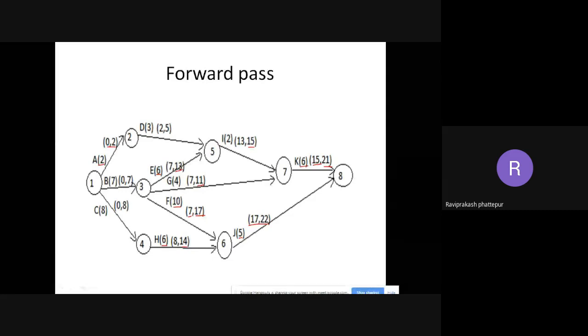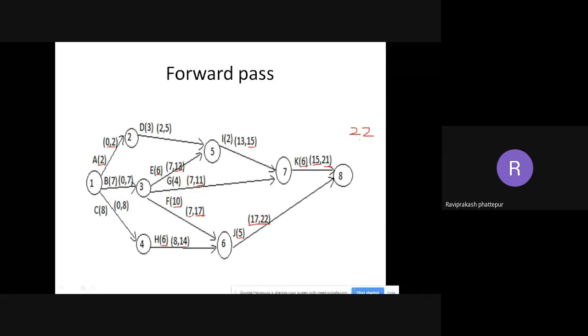The forward pass started from 1 to 8, right? The backward pass will always start from 8 to 1. If you see the maximum duration, here it is 22, here it is 21. So we need to take 22. For this particular project, for example, the maximum time that it is taking is 22. So that has to be written. Okay, so duration, I'll tell that to you later. But if you see the maximum out of the whole thing, whichever is coming and joining here at 8, 21 is there and 22 is there, so you have to take the maximum one, that is 22.